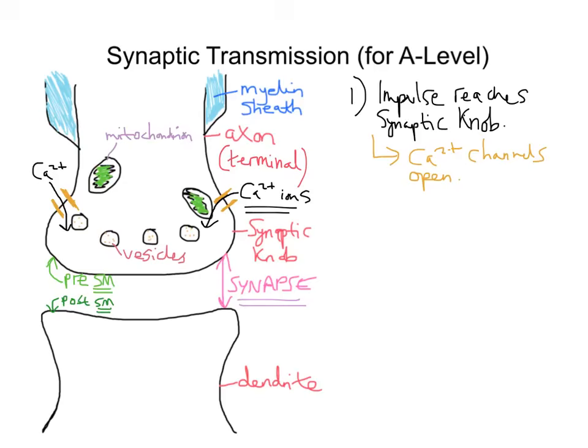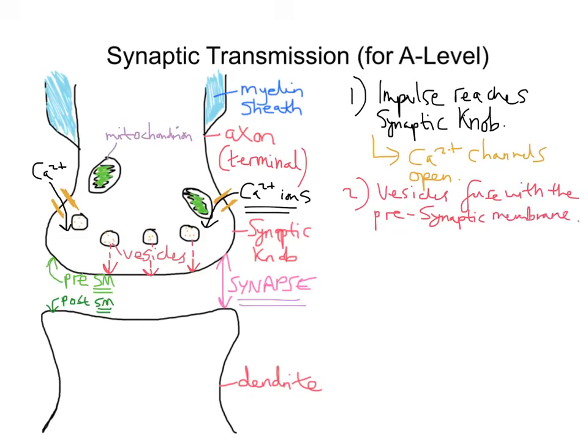the base of the synaptic knob and fuse with the presynaptic membrane. So these vesicles move down and they fuse with this presynaptic membrane. So I'll put that in place there. So the vesicles fuse with the presynaptic membrane. Now once they fuse, they actually burst, and that neurotransmitter, that chemical within them, gets released down the synapse